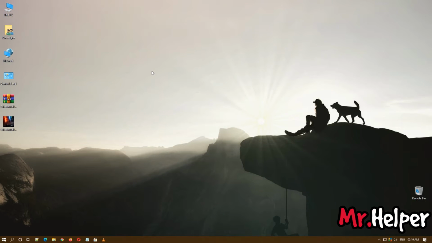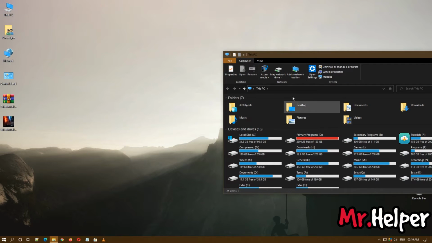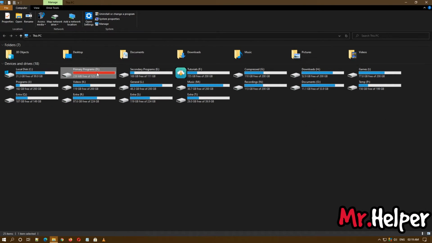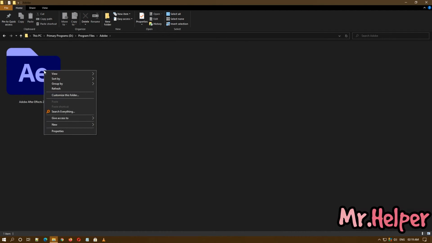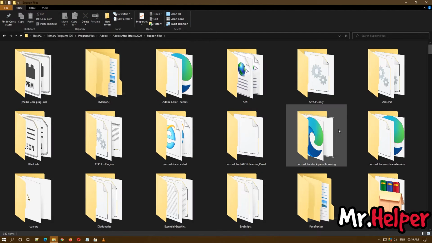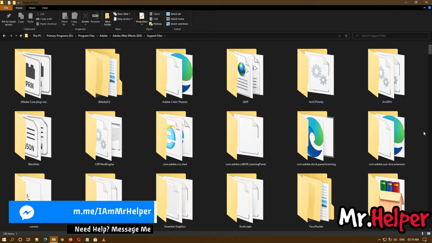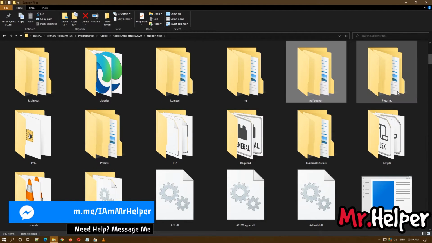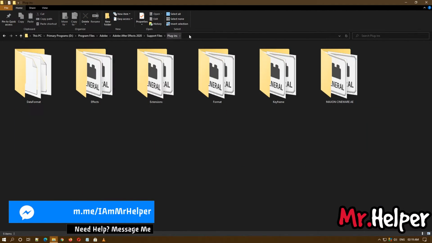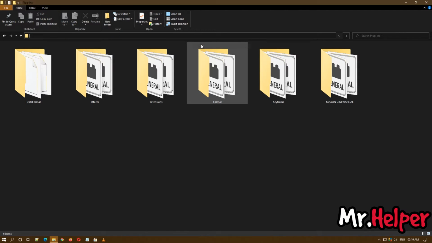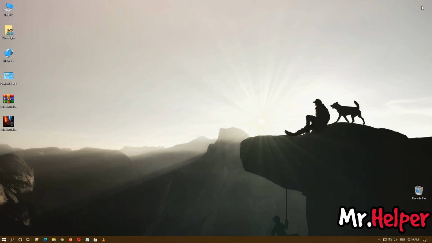Now before we install Sabre plugin, first go to the location where you have installed your Adobe After Effects. Now try to find a folder named plugins. Open it. Now cut the path and close the folder.